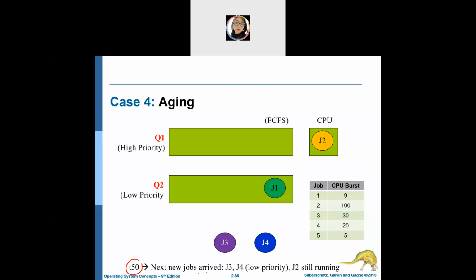a new job arrived. It's mentioned as lower priority for both. And job 2 is still running because it has not yet finished. It is 100. So it will be moving J3 here, J4 here. So here you can see